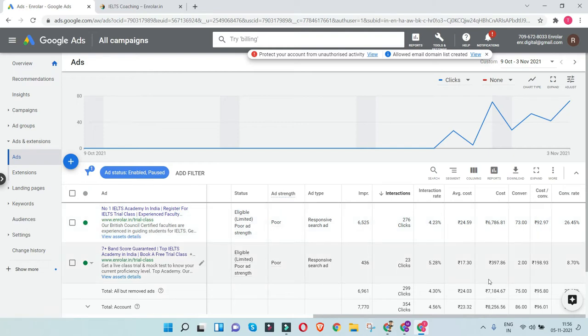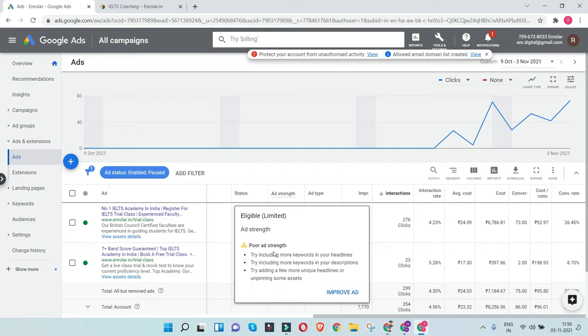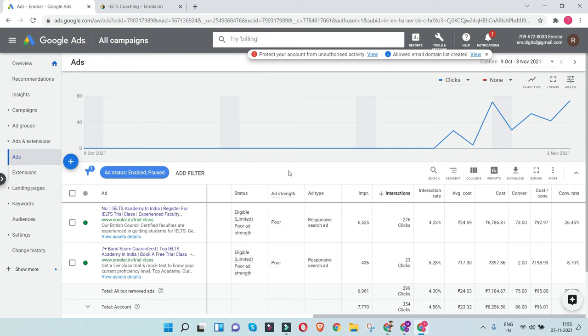Now let us try to quickly compare it. One area is the keywords that you're targeting for this ad. Definitely that's one area that you need to look into. The other area is how do we make our headline and description more captivating. Over here, copywriting would be one of the key areas to focus on. So how do you make this more enhancing?